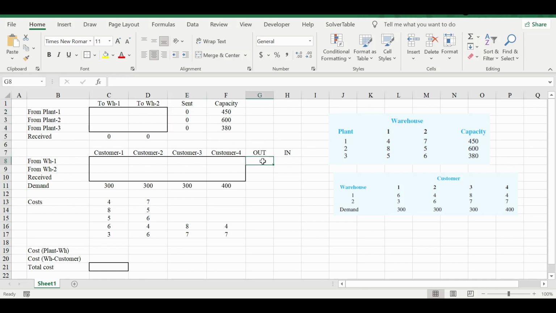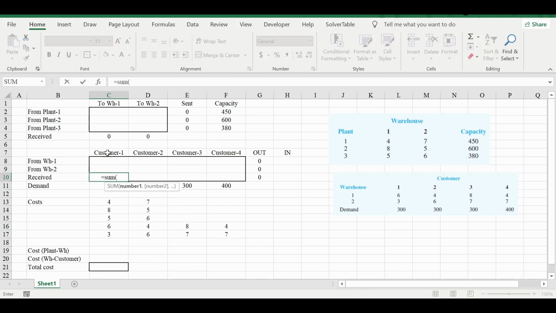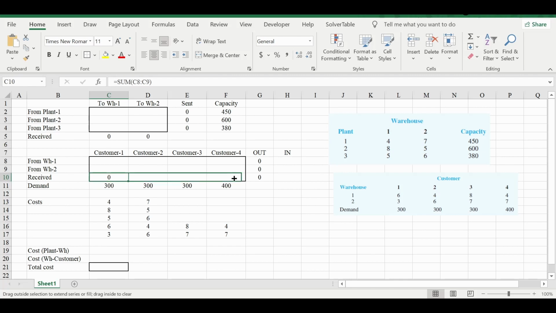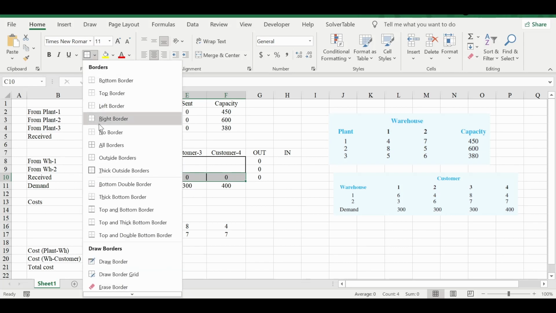And same thing, if you do the sum here, this will give you the total amount of material that has flown out of these warehouses. And if you do this sum here, then it is the material that was actually received by the customers.